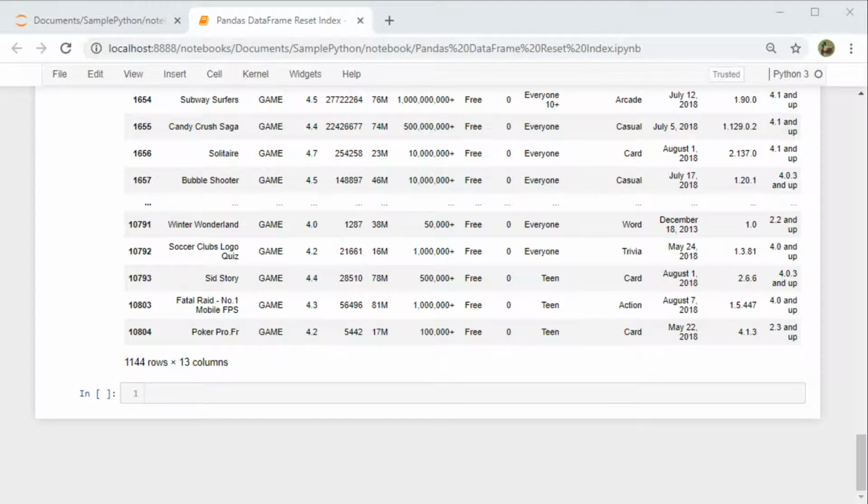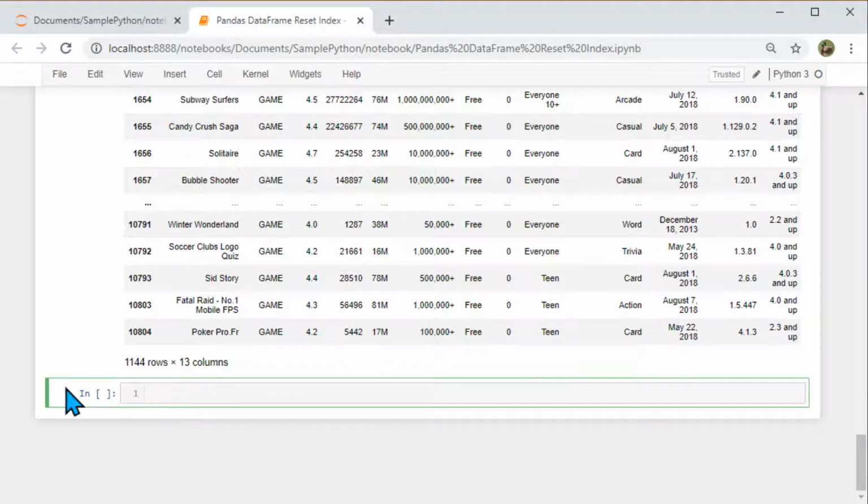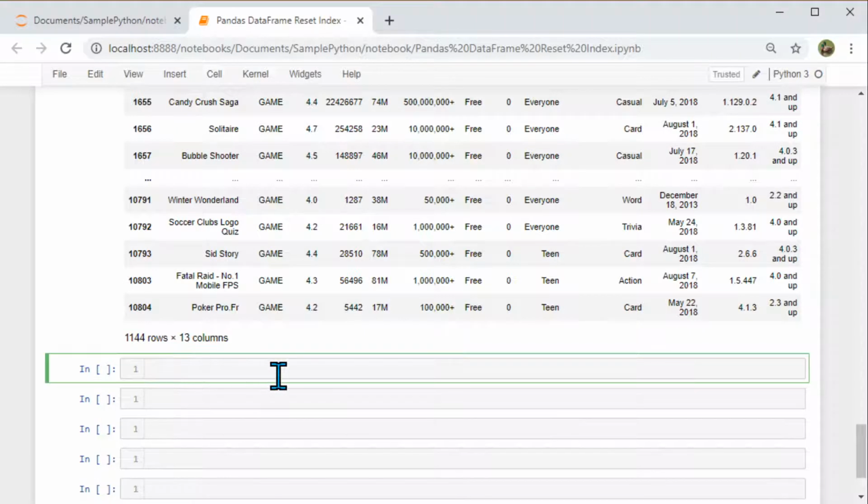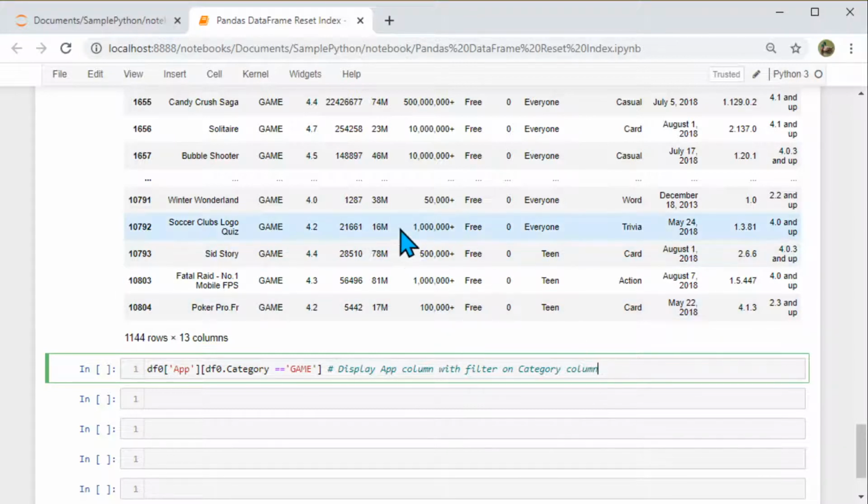Now, are there a few other ways we can display information on a data frame? Yes, of course, there are lots of different ways we can display information. Here if you see, I say data frame, app. That means I'm saying display me only the app column, but I also say display where category is game. Let's execute it.